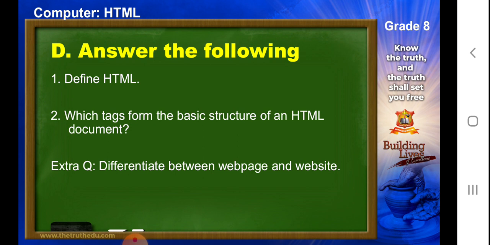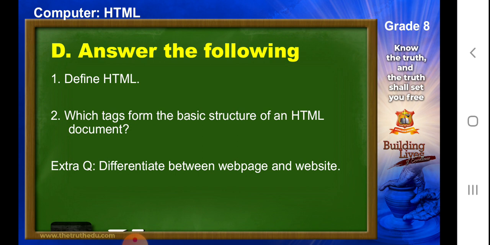Moving to the next question, which tags form the basic structure of an HTML document? For this, you remember I spoke about the HTML tag, the head tag, the title tag and the body tag, right? Here we are going to write one sentence about each tag.